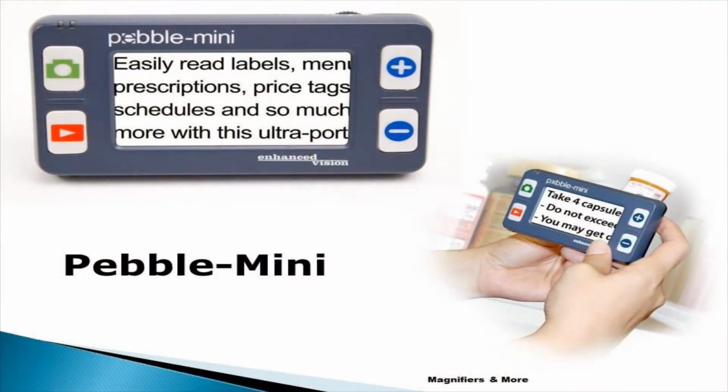Okay, and so with a digital camera, there's a lens in there that you can zoom in and out, kind of focus in and out, make bigger or smaller. This particular one here is called a pebble-mini. It has a camera on the back side of the unit, and there are some buttons, and again, I don't know if you can see them, but there's a plus and a minus button. The plus you're going to push, and it's going to zoom closer to the material,